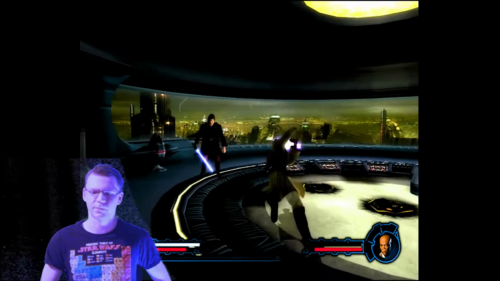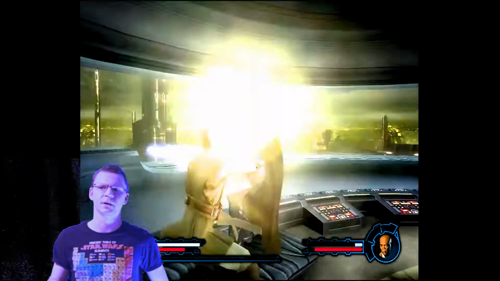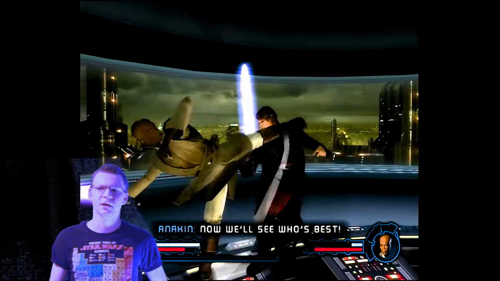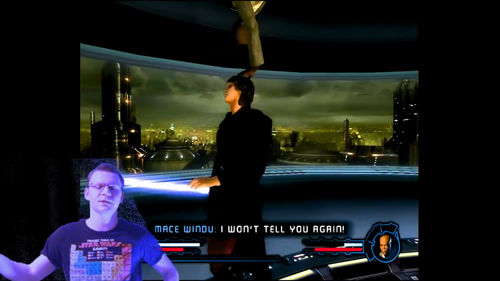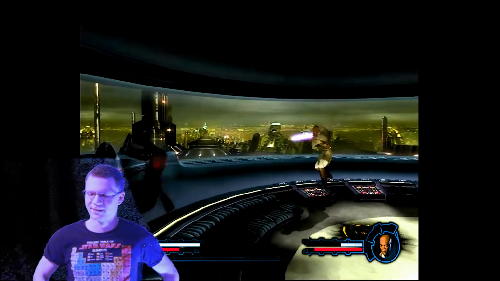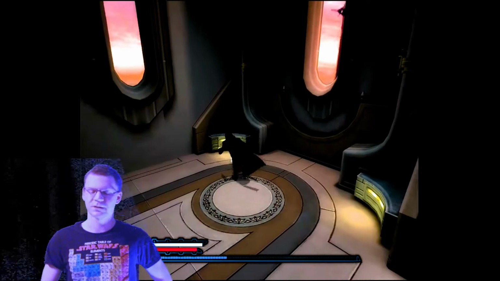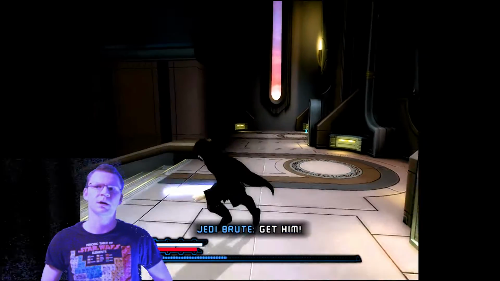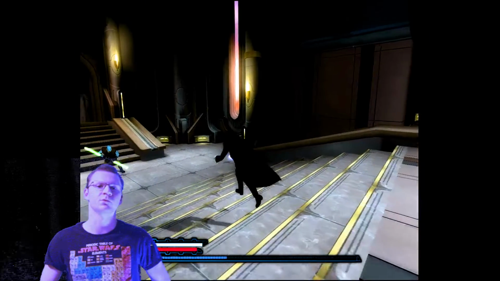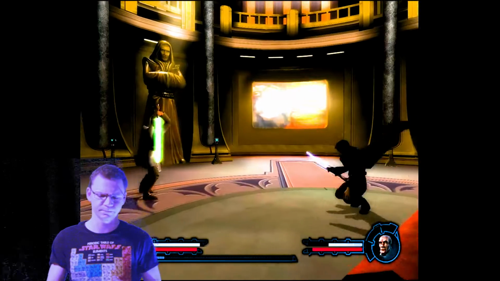That scene where Mace Windu is about to kill Palpatine, but Anakin cuts off his hand, they actually extend that into an entire boss fight, which was pretty cool. The Order 66 scene is extended to, I think, 2, possibly even 3 levels, including one of them being a boss fight with